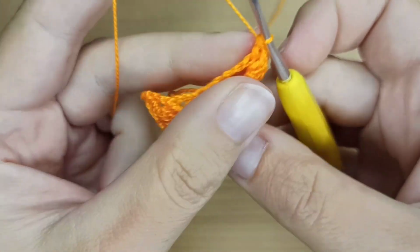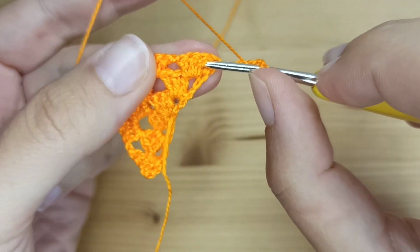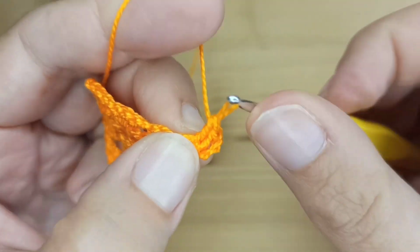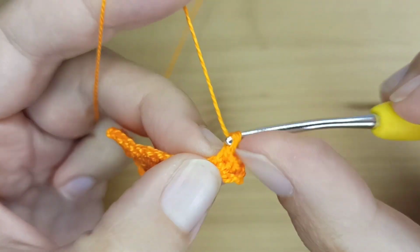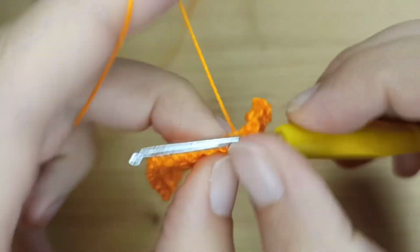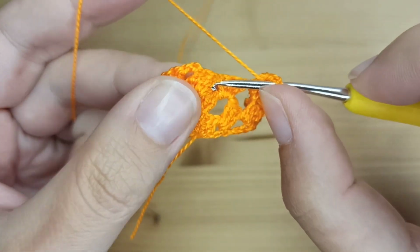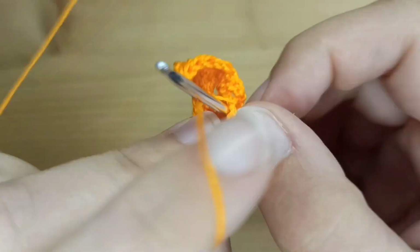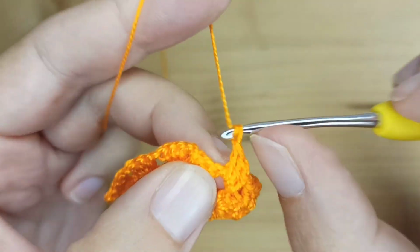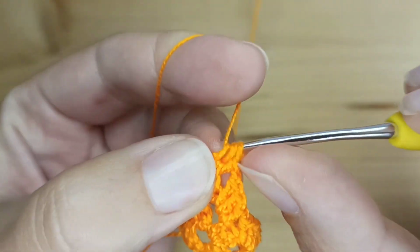Okay, and we still have to make one more round, so chain 4, turn your work, and again here in this first hole we'll make 3 double crochet, 1, 2 and 3, chain 1, go to the next space, 3 double crochet, 1, 2 and 3, chain 1, go to the next space, 3 double crochet, 1, 2, 3, chain 1, we are going to the top, so here 3 double crochet, 1, 2